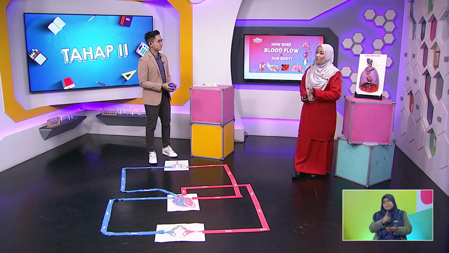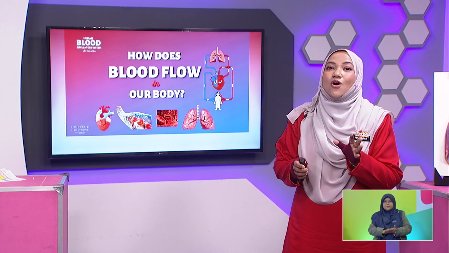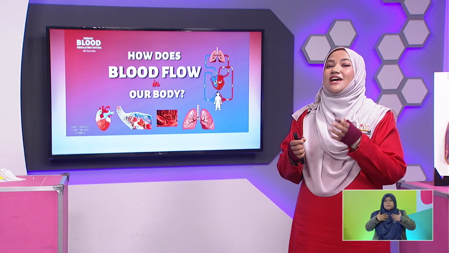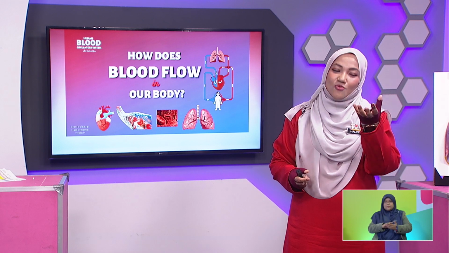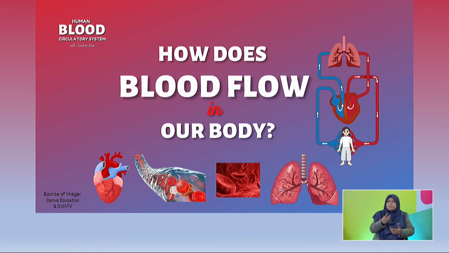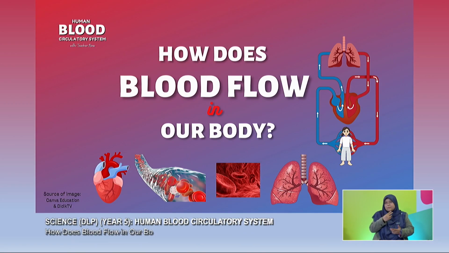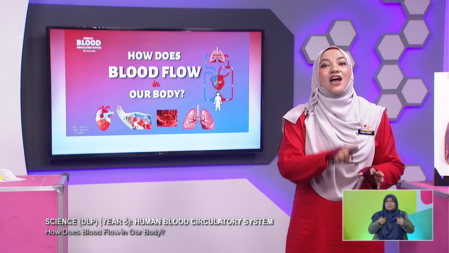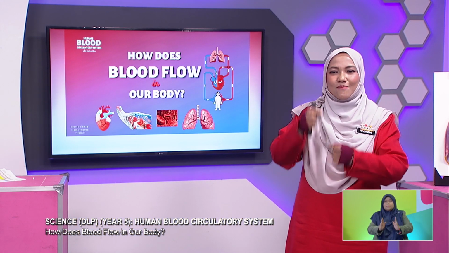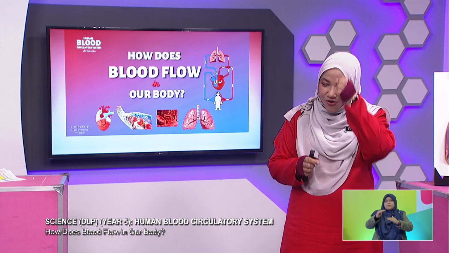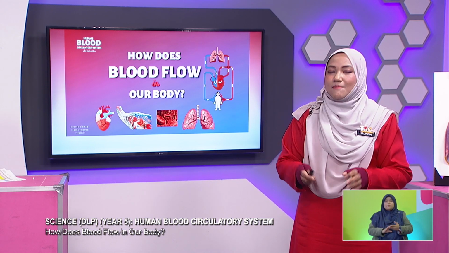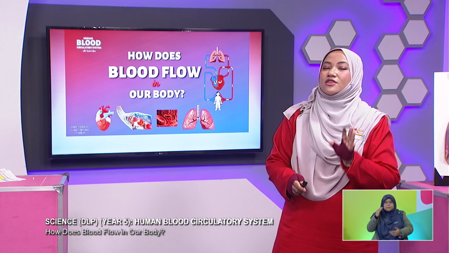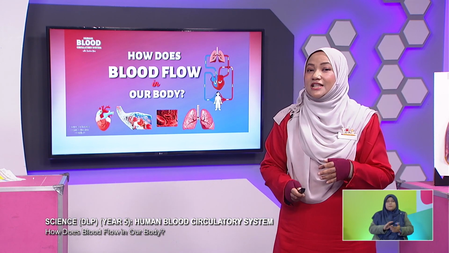Now what we are going to look at is how blood flows in our body. Like I told you before, blood is not like a glass of red water inside our body. It flows, and it's only one way. There's no up and down, left and right. It's on the same route. But before that, we need to know the 4 main parts of our body